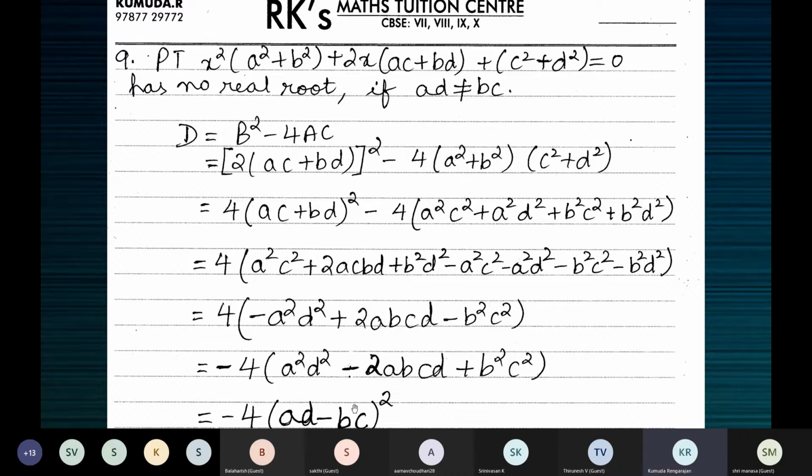Now this positive value is multiplied by negative 4. Positive into negative will always be negative, ma'am. So it will be less than 0. Yeah, perfect. We don't know the magnitude, but the sign will be minus because plus into minus is minus. So the value of this expression is negative. If D is negative, that means D is less than 0, which proves that the equation has no real roots.